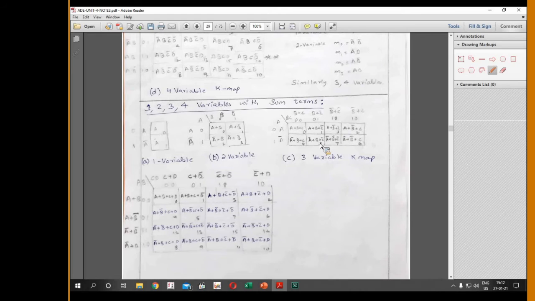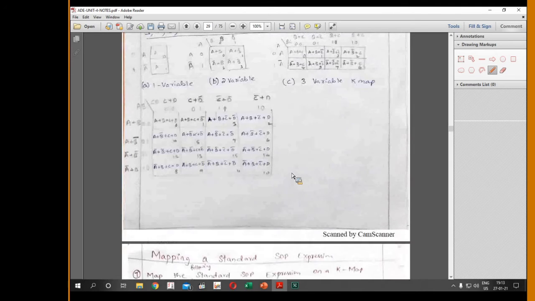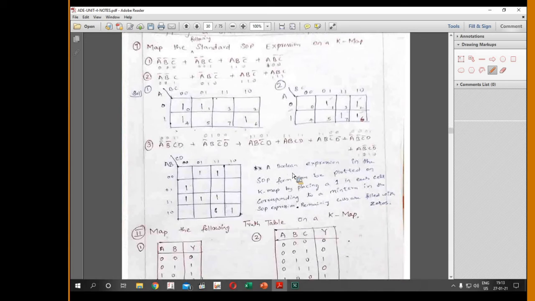Okay, remember that. In the same manner, in the three variable function also, this is m0 and this is m5. m0 and m5 are placed diagonally, but these two are not paired because they are arranged in a diagonal way. Next, 3 and 5 are also not adjacent, hence these two are also not paired. Now the topmost row is adjacent to the bottommost row, and the leftmost column is adjacent to the rightmost column of your minterms. Hence we paired a quad in your previous example.